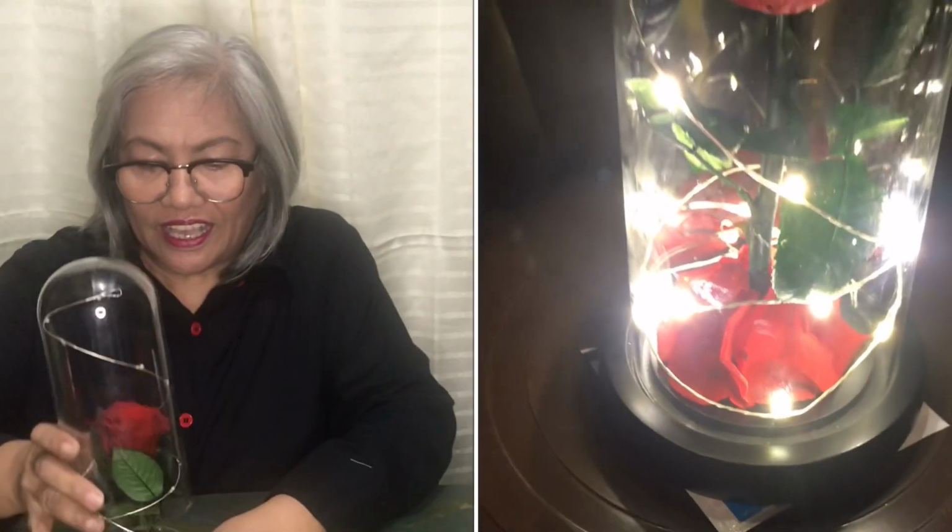These are my Valentine flowers, presents from my children. I have 5 of them, and this one is a beautiful one. It's a new presentation of a rose. It's in a dome, and it has lights on it. It's battery operated, and it's a fresh